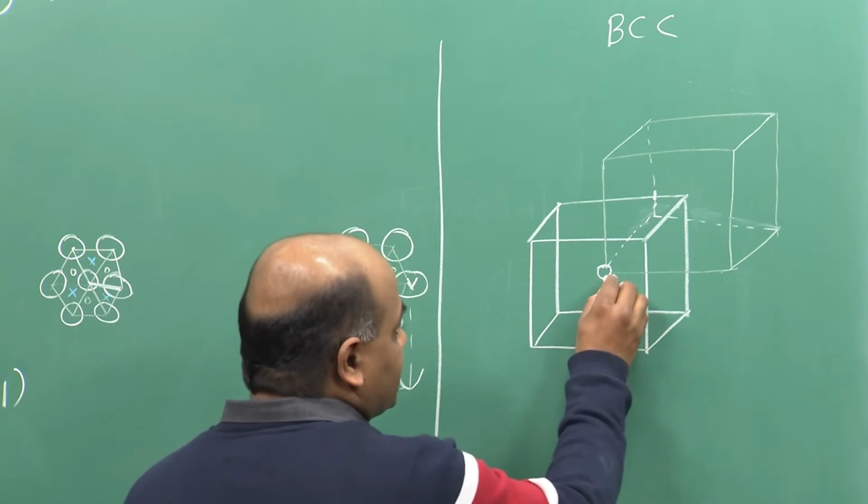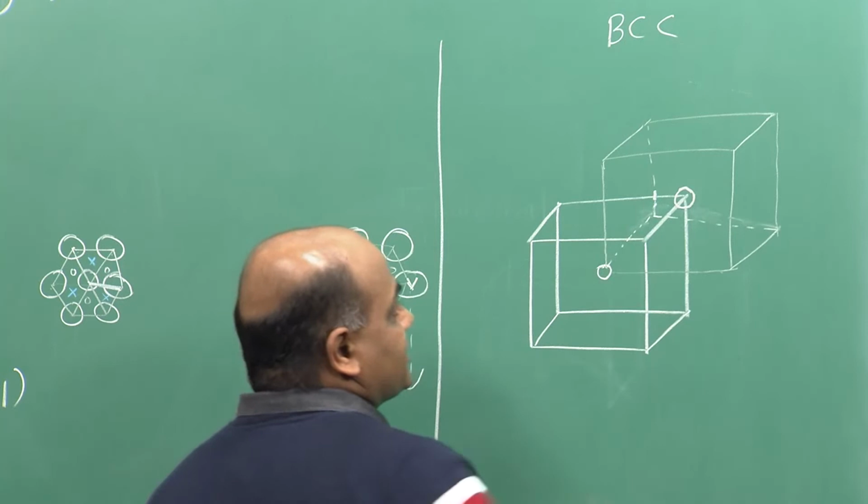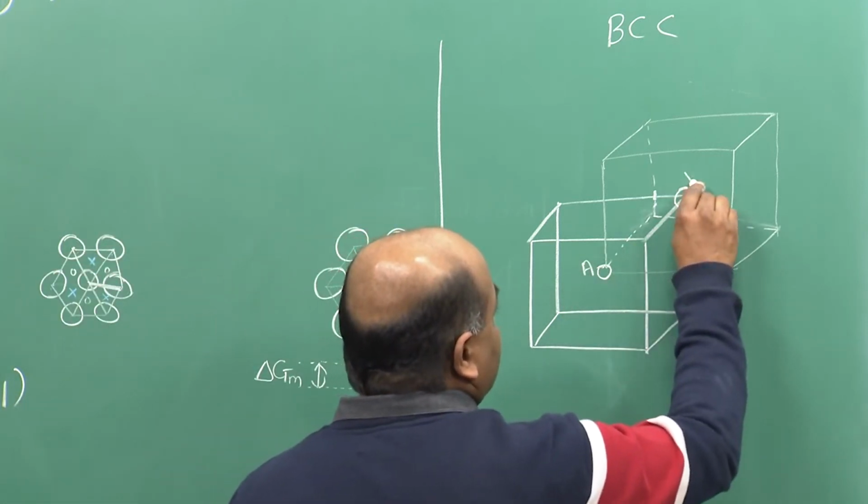So, if this body center atom has to jump onto one of its nearest neighbors, let us say the one on this corner, this is atom A, let us say there is a vacancy here,